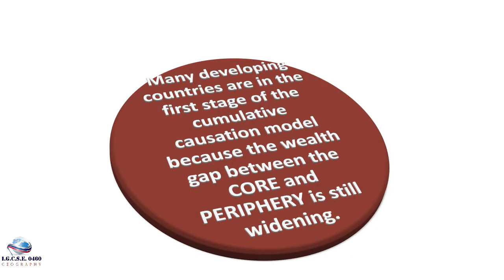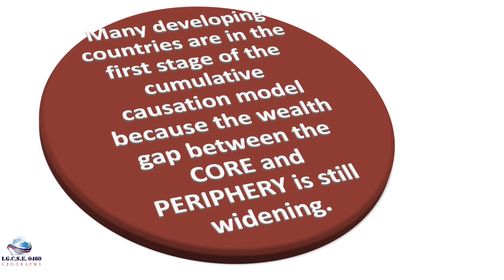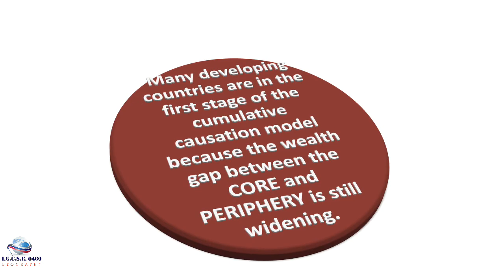So many developing countries are in the first stage of the cumulative causation model, because the wealth gap between the core and the periphery is still widening. So this is what happens. Basically what this means is that we could use this model also to understand the differences in development between the developed countries and the developing countries. In this case, the developed countries would be called the core areas, and the developing countries would be the peripheral